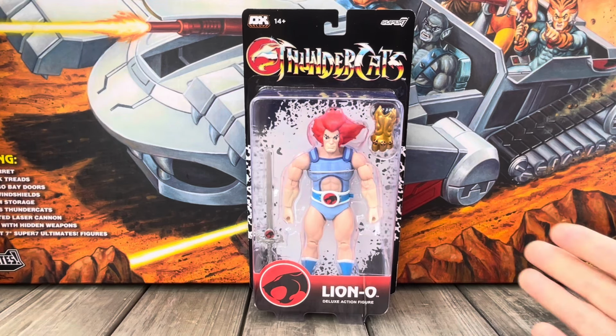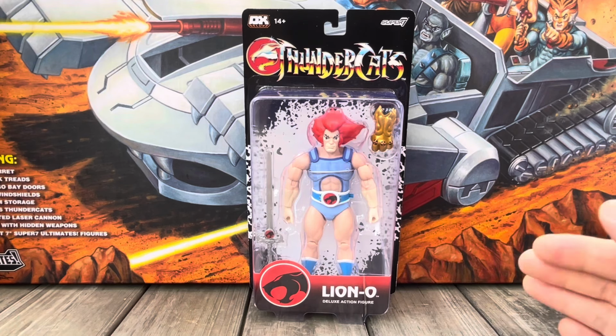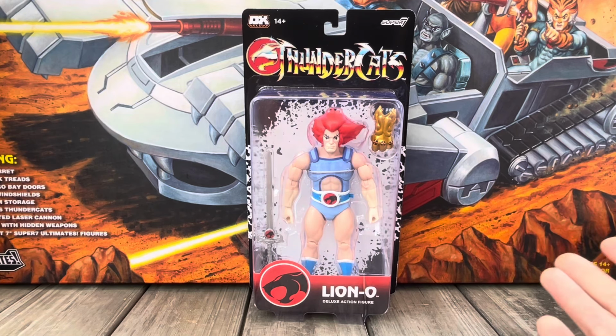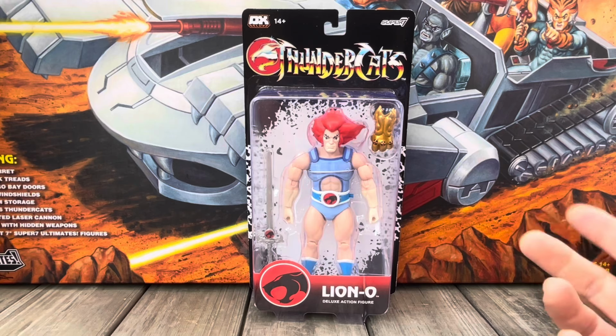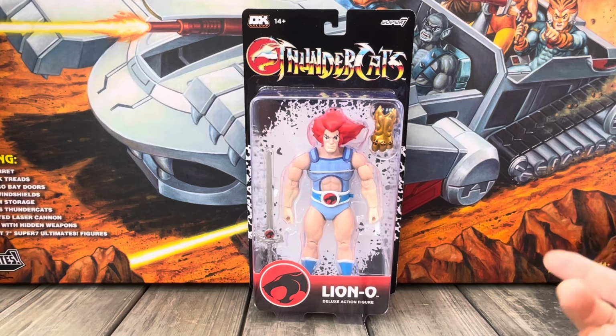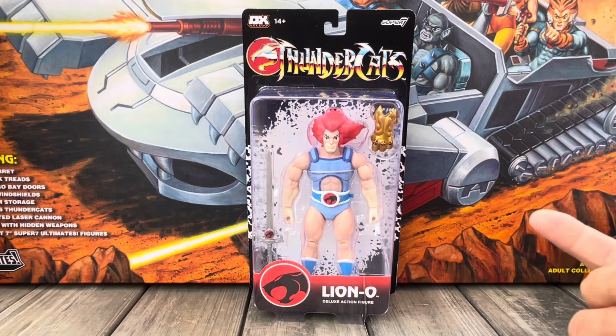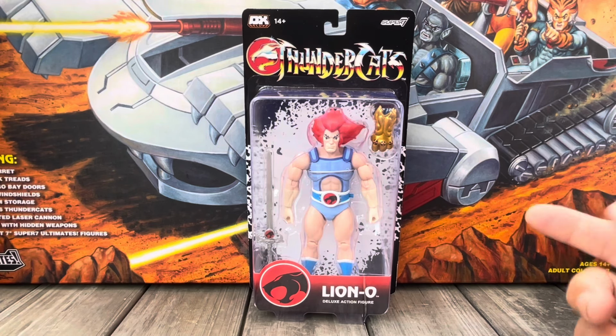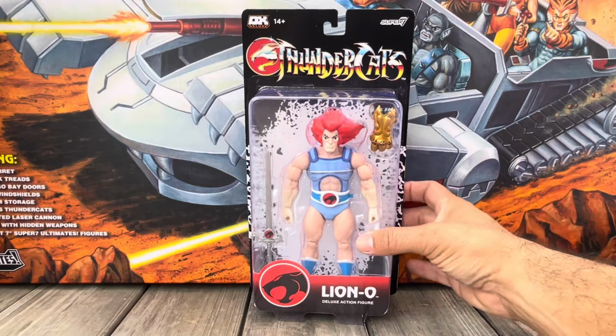I called my local toy shop and they told me that they didn't have it, but that there were some other stores around that had inventory on it. So lo and behold, I called around and sure enough, there were 4 in Upland, California. And I went down there just to go check it out, see if they would come through without it having to be a release date. So I did, and they didn't tell me anything when I gave them the DCPI code. They said that they did have them in back because I did check the NECA section, and